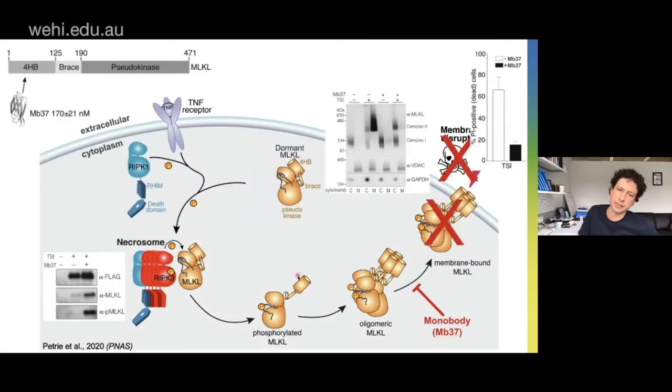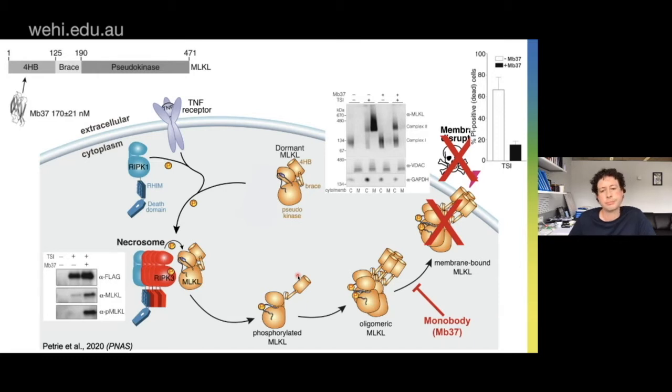And the data that really demonstrates this clearly was published by Emma Petrie, a postdoc formerly in the lab, in PNAS earlier this year. And this was work done in collaboration with the Sharidi lab at NYU. Together we've generated a library of approximately 40 monobodies. Monobodies are synthetic ligands that are antibody-like in nature. They're built around the fibronectin scaffold, and they've been selected for their ability, in our case, to bind selectively